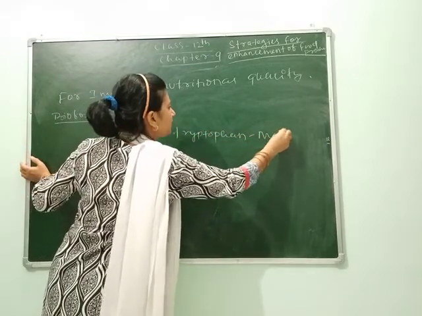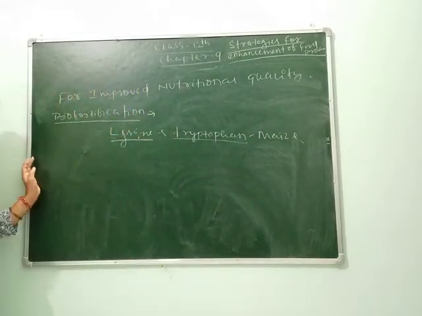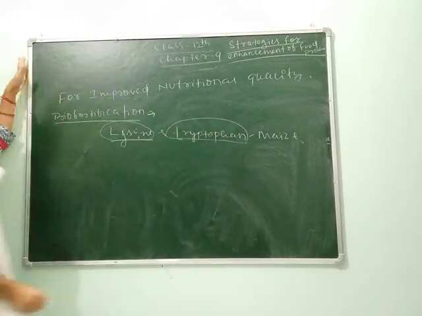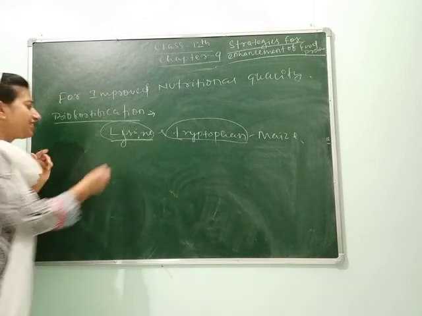containing maize. This is biofortified, meaning in maize. Normally in maize we get carbohydrate, but here lysine and tryptophan are added nutrients, so this is biofortified. Next, we can say the Atlas 66 variety of wheat.